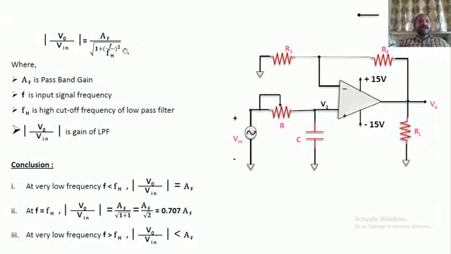Before that, let us see what the factors are which we have used in this equation. AF is called the pass band gain. F is the input signal frequency, and FH is the high cutoff frequency of the low pass filter. I will see whether this is acting as a low pass filter or not. After that, V naught by V in is